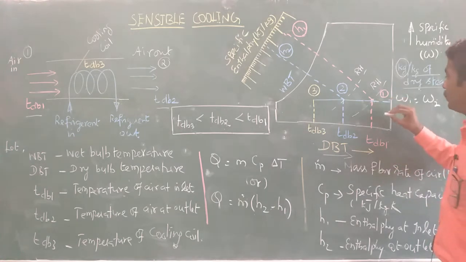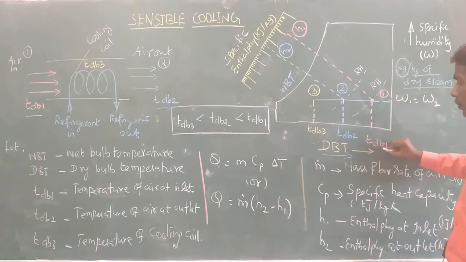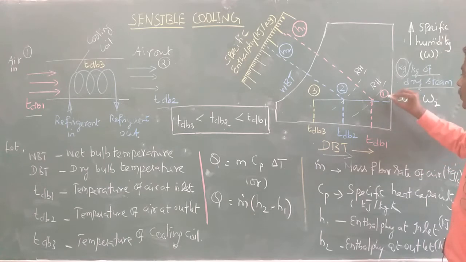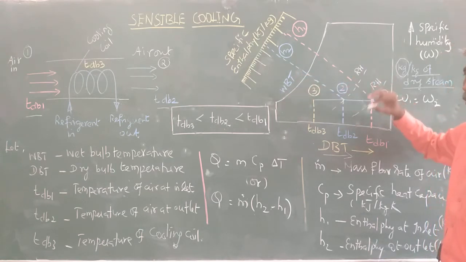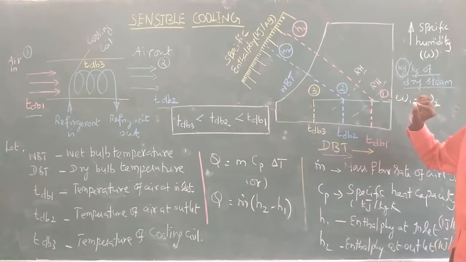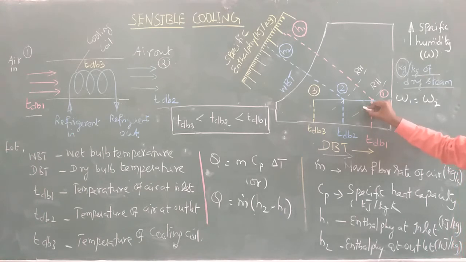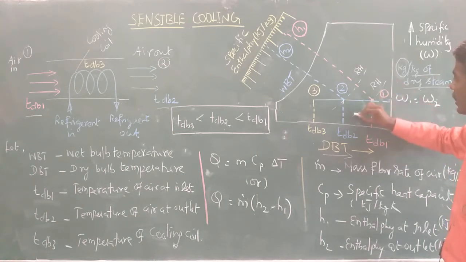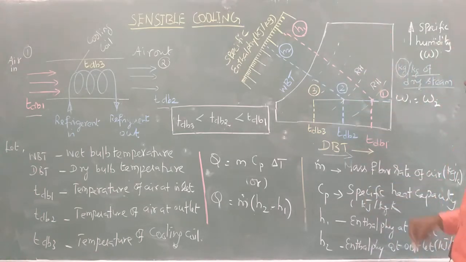If you have two parameters, you can mark the points in the psychrometric chart. Here we have one parameter, TdB1, dry bulb temperature at point 1. Previously, for sensible heating, we assumed wet bulb temperature and dry bulb temperature and marked point 1, point 2 and so on. Here, along with dry bulb temperature, another parameter I have introduced is relative humidity. Relative humidity lines will be like this. So many lines will be there in the psychrometric chart.